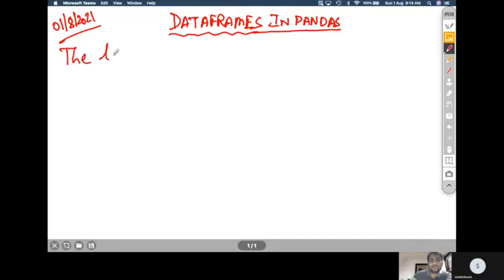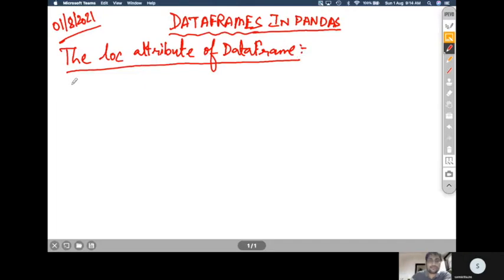The LOC attribute. So we will concentrate on this particular attribute of a data frame. Okay, so what is the LOC attribute of a data frame?